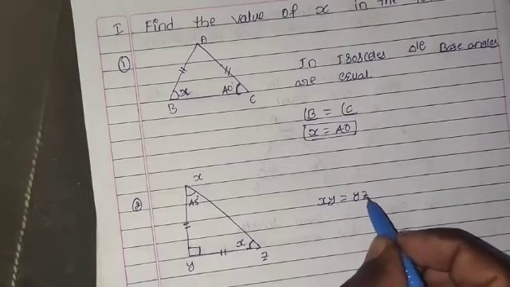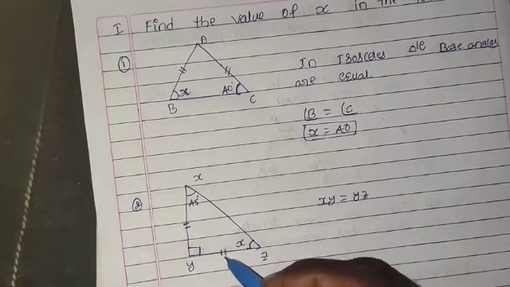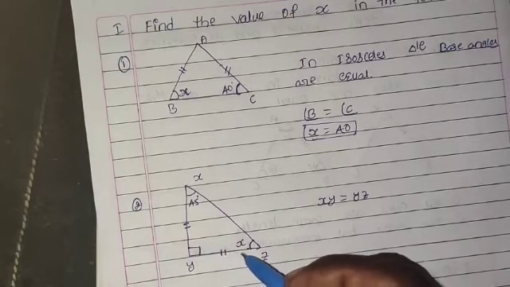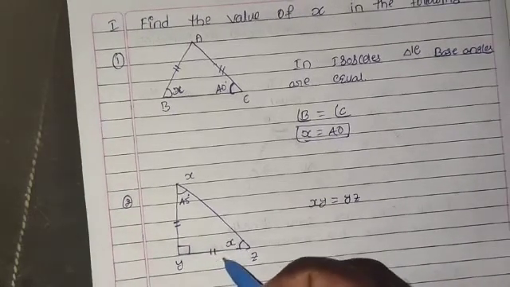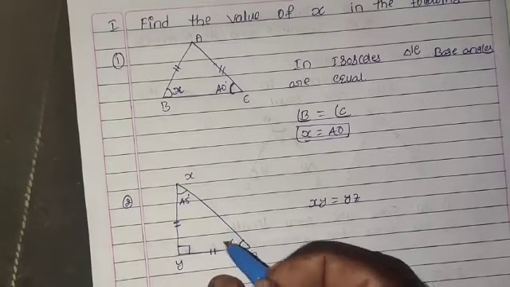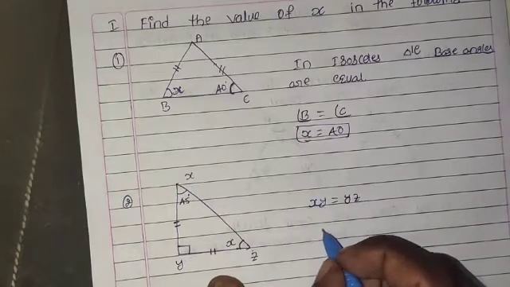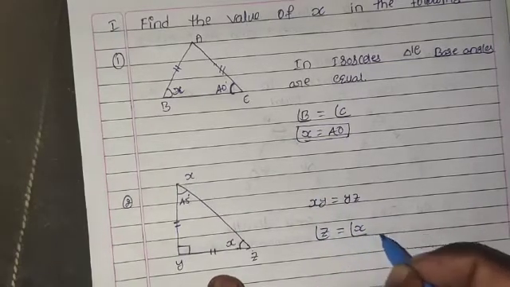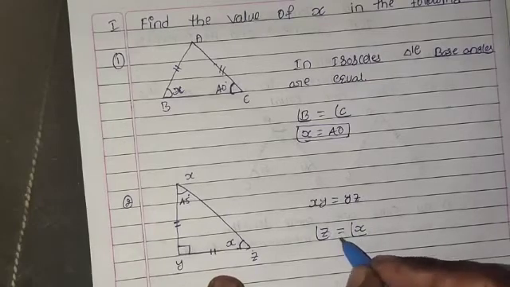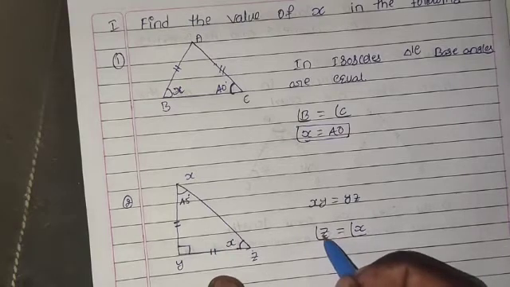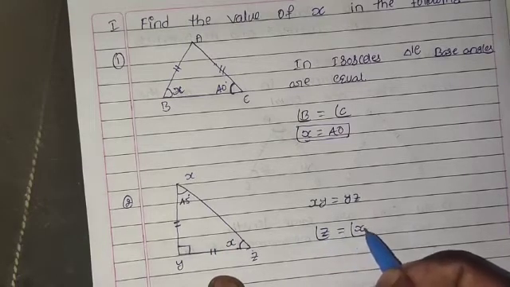Okay, this side is equal to this side, so two sides of the triangle are equal, so it is an isosceles triangle because two sides are equal. Which are the base angles here? The base angles, which are opposite to the equal sides, are angle Z and angle X, which means angle Z is equal to angle X, because in an isosceles triangle the base angles, which are opposite to the equal sides, are equal. So angle Z is equal to angle X.